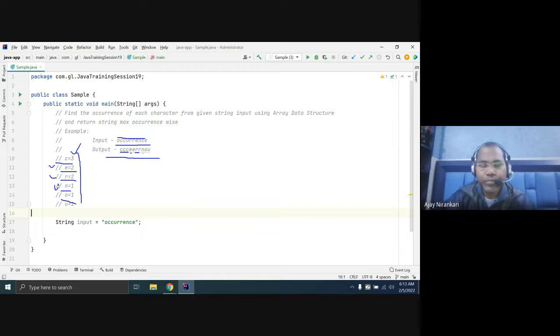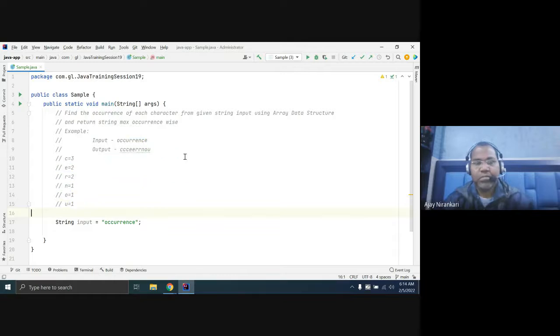So yesterday we learned how to find all the occurrences. The first part we have already completed, and the second part we are going to do is how to display our input in the output order that we are expecting. Is it right till now? Any questions? Yes, sir.